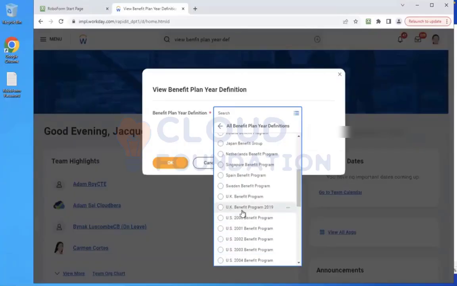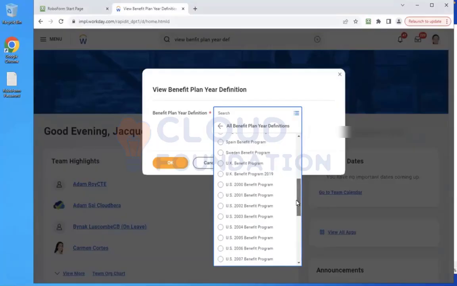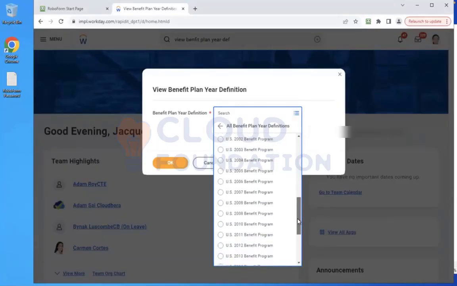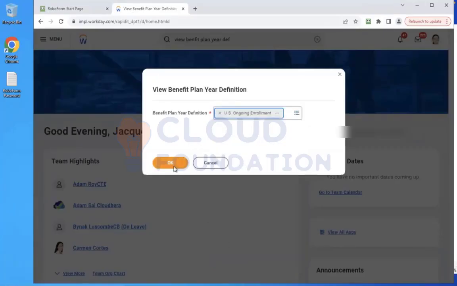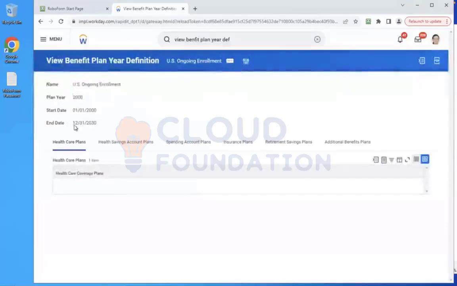Some of the plans which continue, like metro allowance or commuting allowance or gym membership fees, what we do is we'll create ongoing enrollment. The difference here is when you select this ongoing enrollment, we'll give the start of period, and the end of period is 2030, up to 10 years. You can give 5 years, 15 years, your wish, for the benefit plans which you are continuing for the long run.